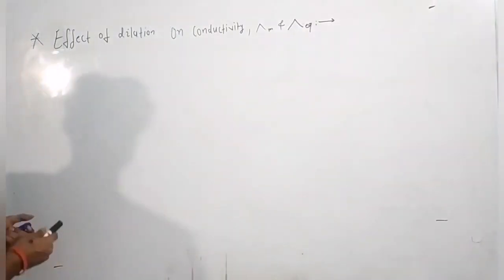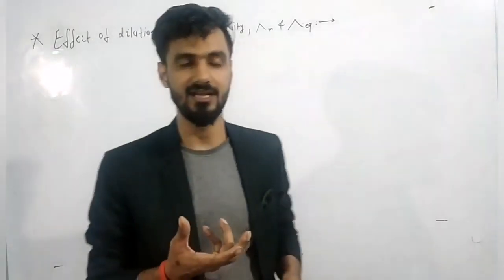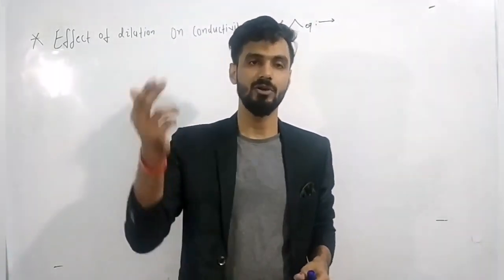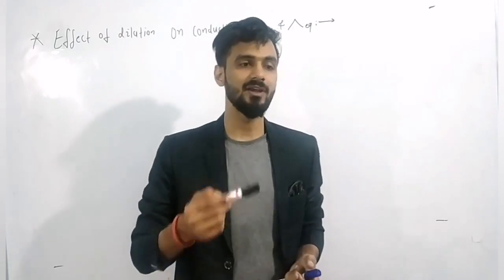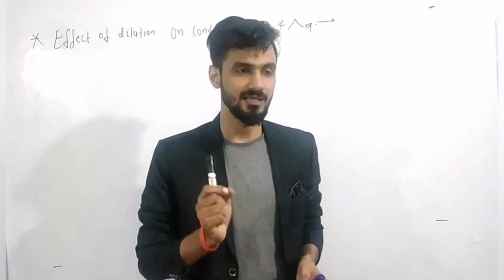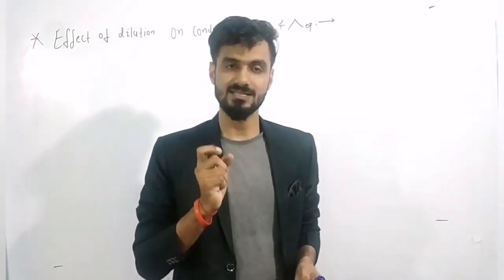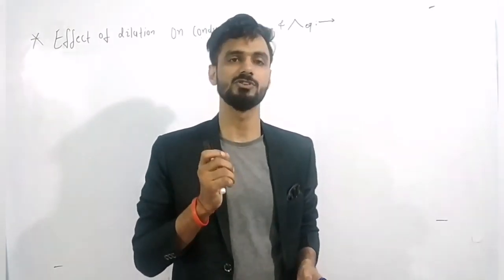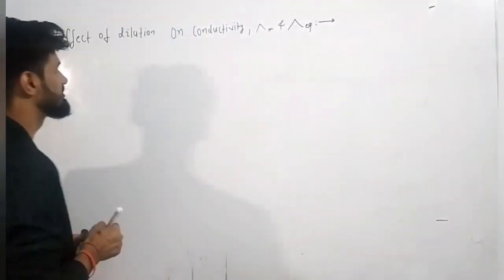Just understand one thing. First I am going to define dilution. Dilution means adding solvent. If you add solvent continuously, that process is called dilution. It means you are making the concentration of solute tend to zero, meaning very small. After dilution the concentration of solute will be very small, just like 0.0005 molar. So that was the dilution part.